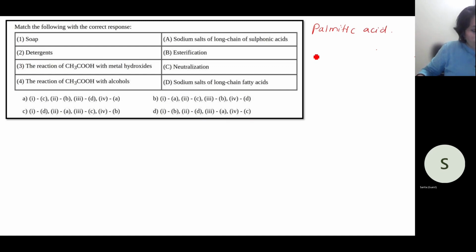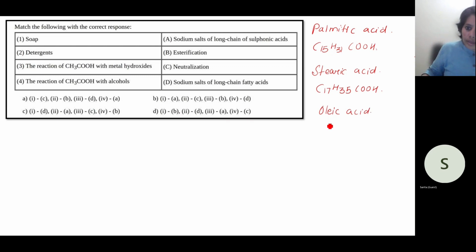The formula for this is C15H31COOH, or stearic acid. The formula is C17H35COOH, or oleic acid, C17H33COOH. So hence we can say that the general formula of soap is